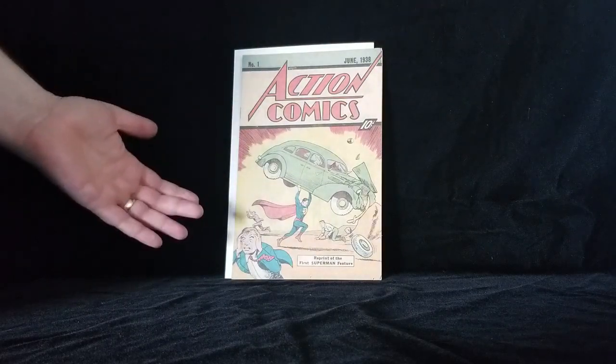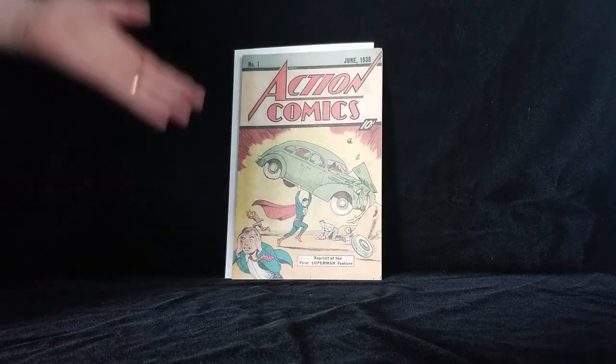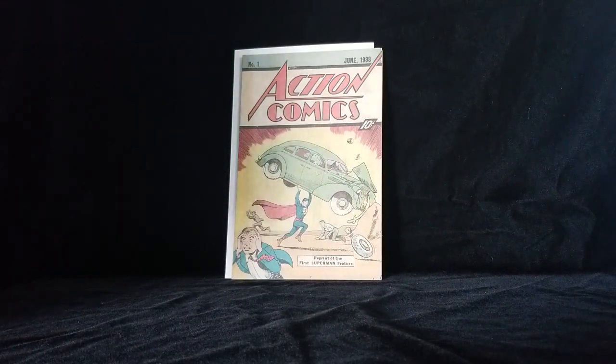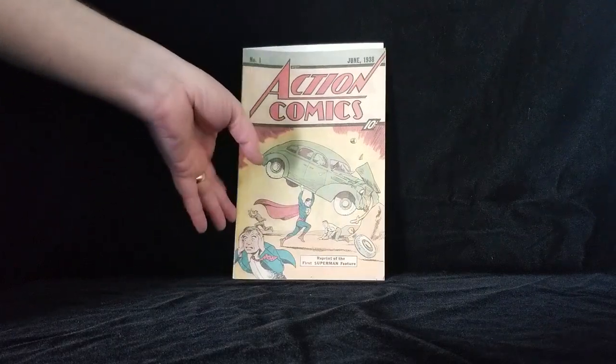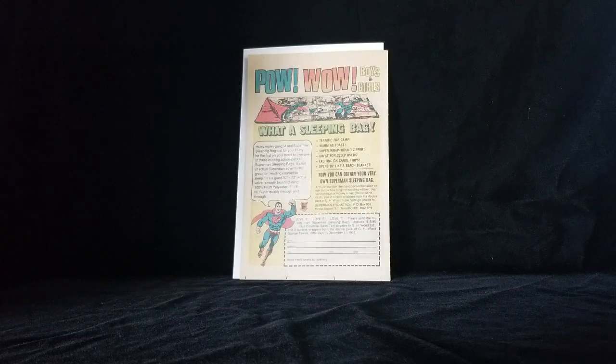is this cover. This is not a glossy cover. It's not that high quality paper. It is a newsprint cover. One of the reasons comic books come with a glossy cover on it, it's not just so that the colors pop and you want to buy it like a shiny thing on the rack. It's also to protect the interior pages, because newsprint is much less robust than what the cover is made out of. So trying to find this particular reprint in a high grade, especially when it's that Superman sleeping bag issue,